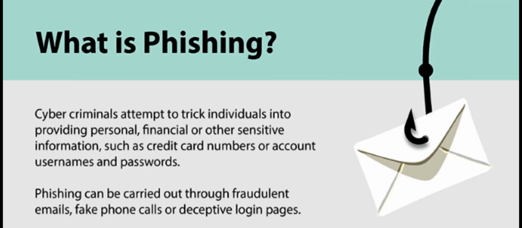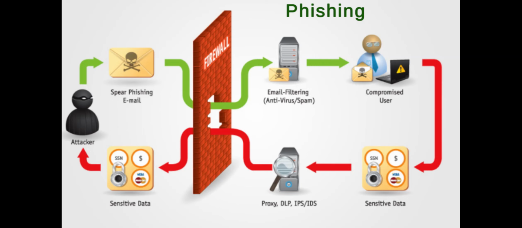I'm going to go over this diagram real quickly. In this phishing diagram, you'll see that the attacker sends an email and it gets through the firewall and gets to the end user, and for some reason the end user opens up the email and then it installs a worm, and then all the sensitive data gets sent to the attacker until they realize there's a worm on their server. But obviously by then, who knows when they'll catch it.